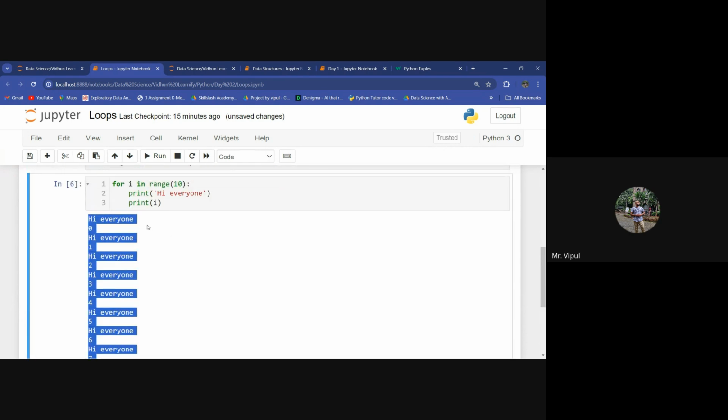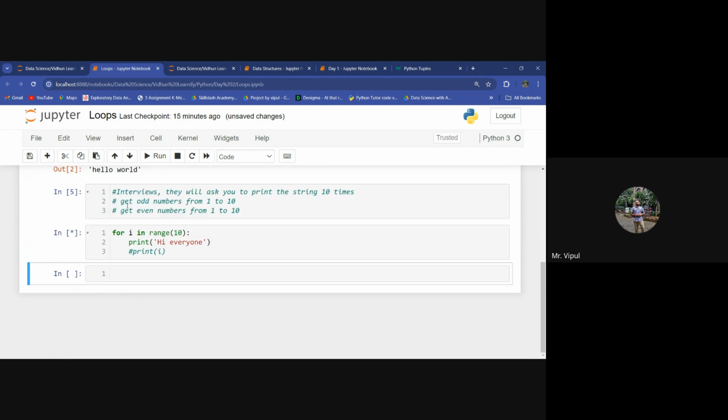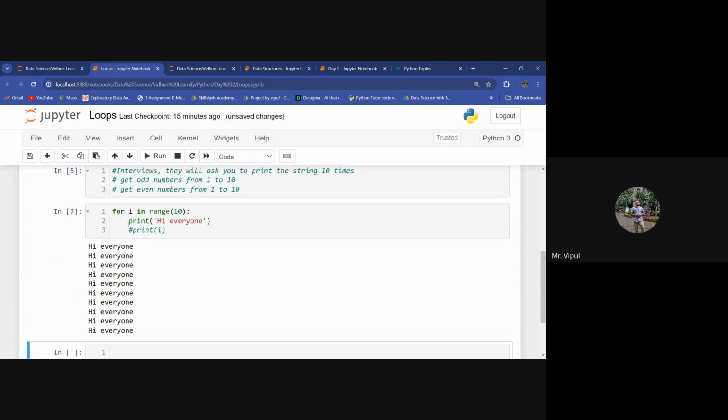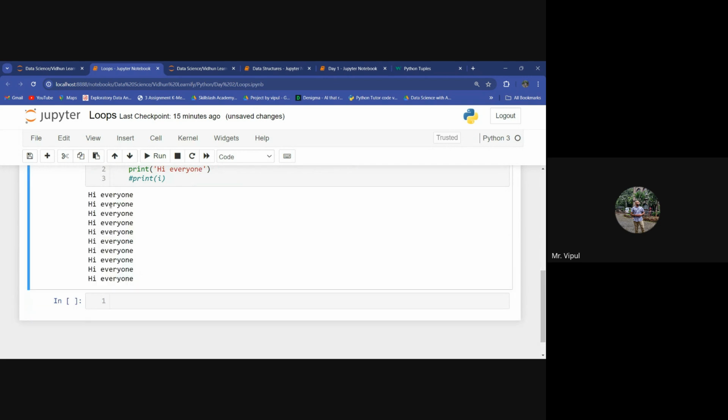And as you know, index starts from 0, so 0, 1, 2, 3 like this. If I just comment this out, I can see that it is printed 10 times.